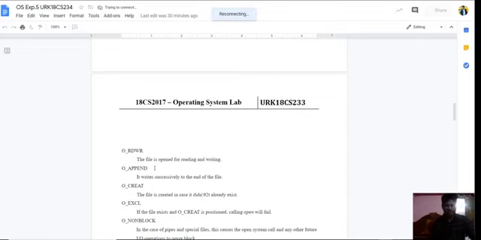Create: the file is created in case it didn't already exist. Suppose you have already created a file with some name and you create a file with the same name again, then it won't create. It will create the file only if there is no file existing with the same name.